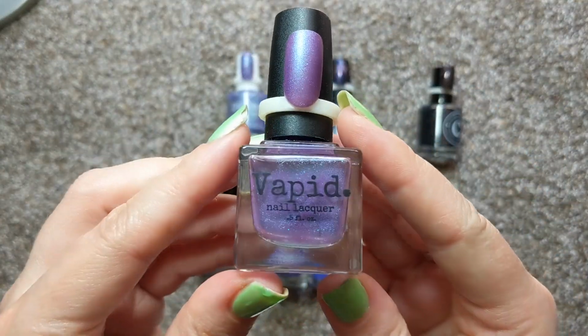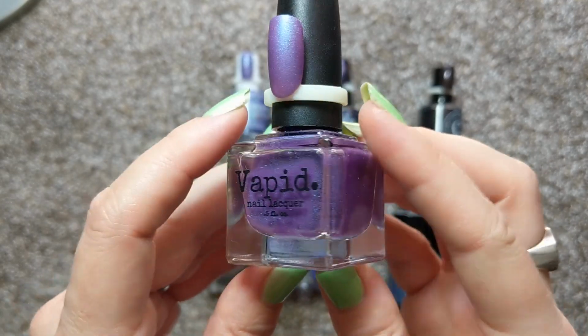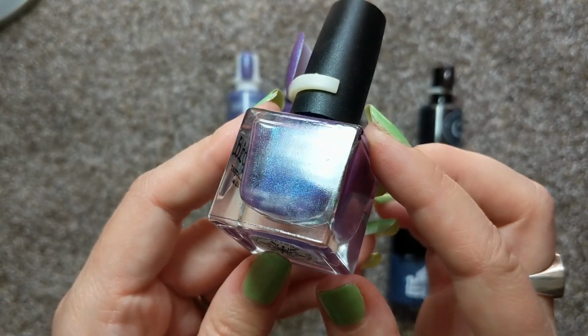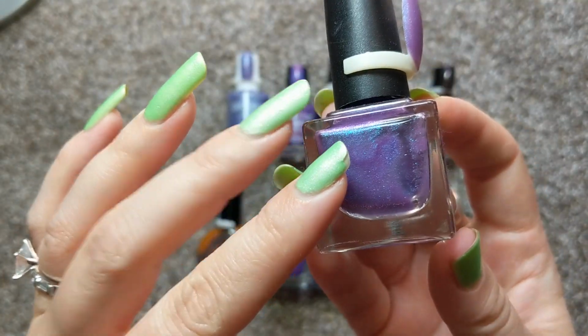The next one is one of my absolute favorites. This one is from Vapid, and this is called Disambiguation. I can't even tell you how much I enjoyed wearing this one. This one was one of my first that I wore. The original first was a femme fatale. I believe that one was called Glass Coffin, and